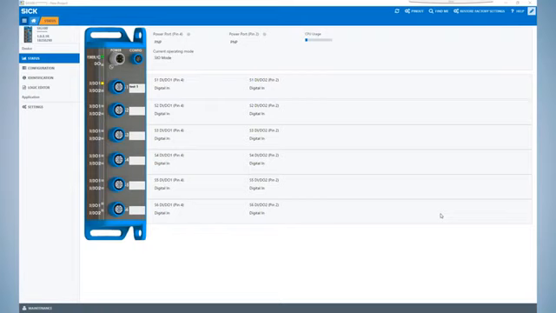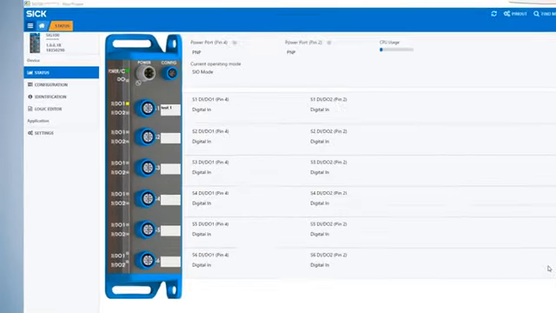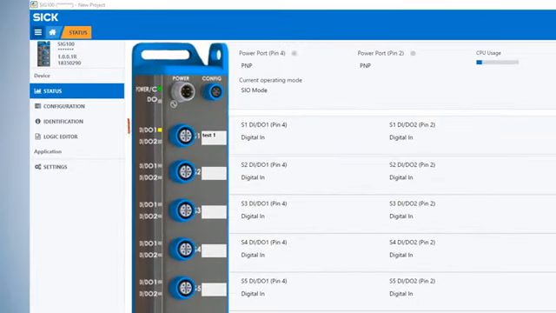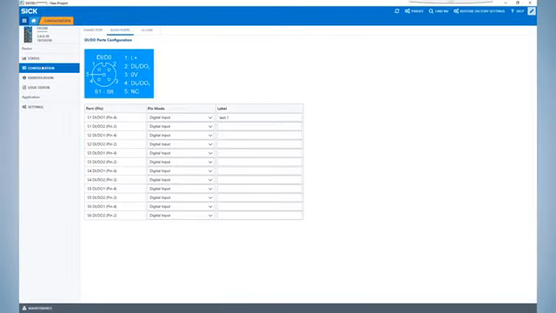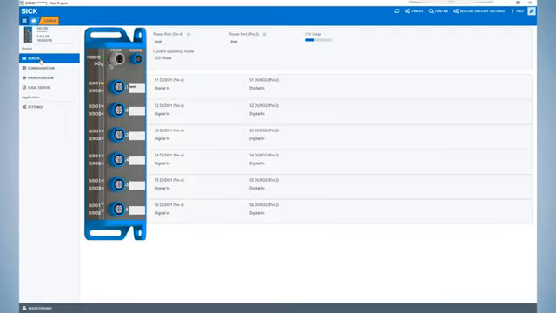The Status page is the home page. It shows the port configuration and state of any inputs or outputs for the connected SIG100. The LEDs will illuminate if the input or output is actually active, also known as Logic State 1. The ports will reflect the input or output setting established on the configuration page. Also, the port labels will update to reflect the user-defined port label text from the configuration page.